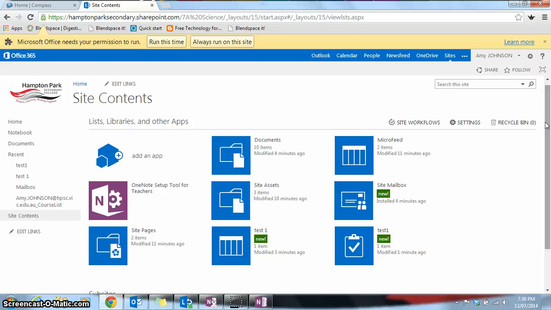As I said, they don't have access to it and they might not have access to it for a little while. However, this is the direction that the school is going, so it's good to